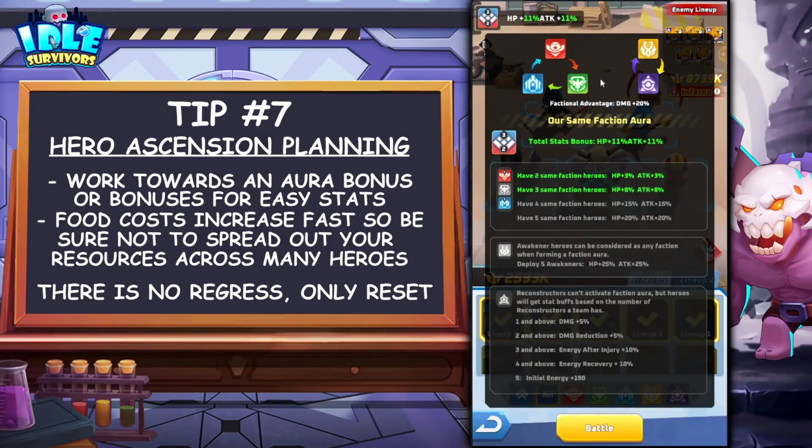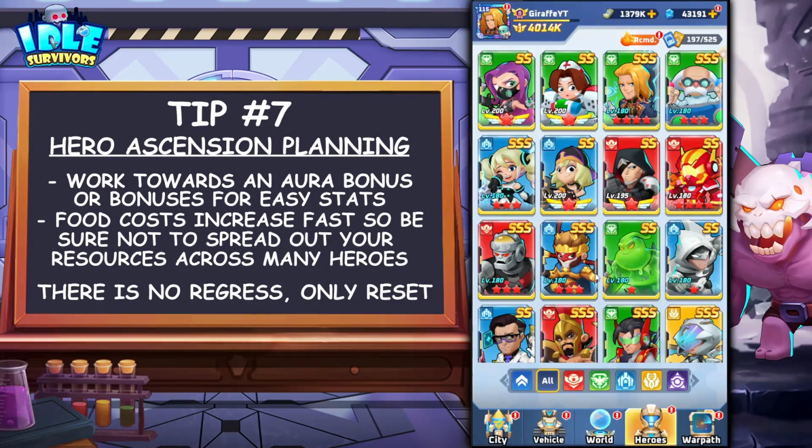If you have 2 of the same faction heroes, you get a bonus, 3, 4, and 5. So typically what I would suggest is like 2-2 is good, 3-2 is good. It really depends what you have to work with, as these are easy stats to gain when making your lineup, these right here. Now food does ramp up very quickly, so you're going to want to figure what you want